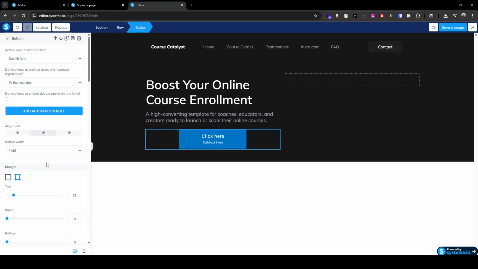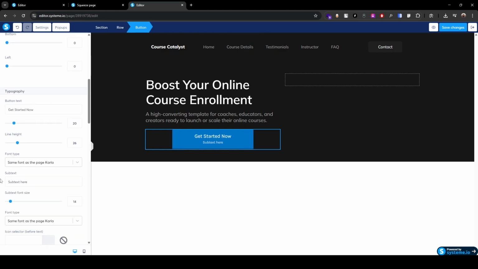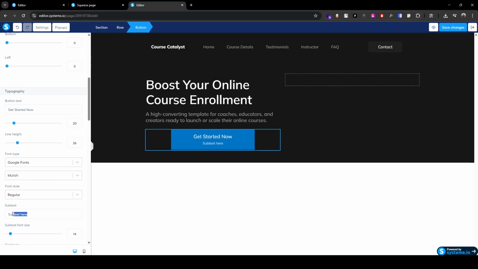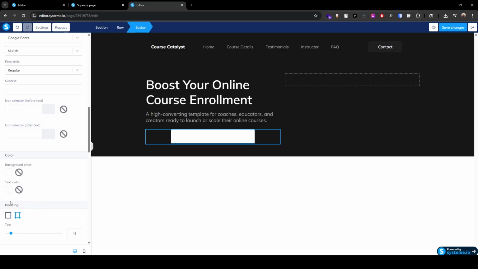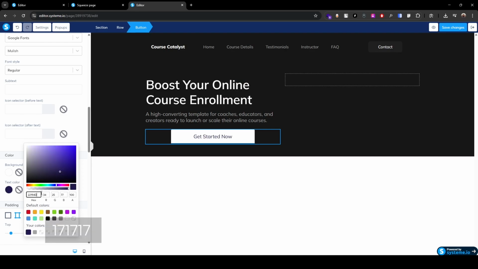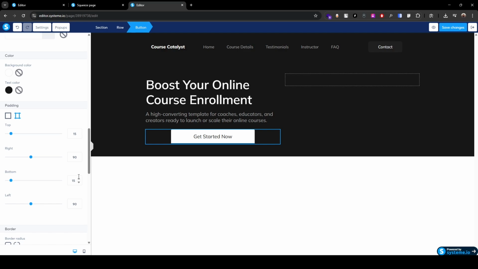Click the button, change the text to get started now. Change the font to Google Mulish. Remove the subtext here. Change the background color to white and text color to 171717. Decrease the left and right padding, like 55 to the right and left,